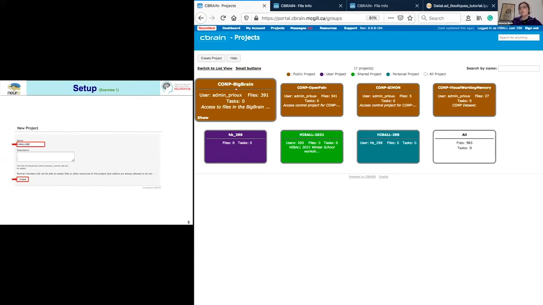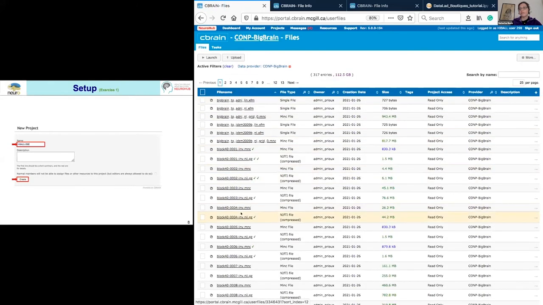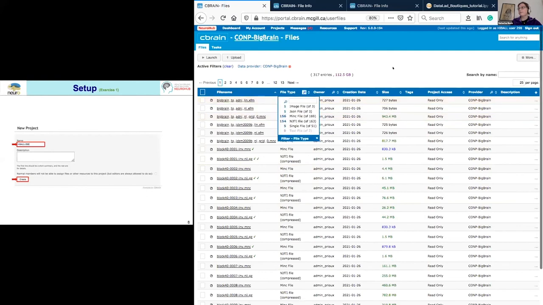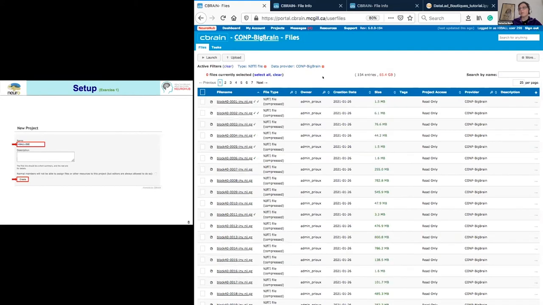So now I will go back to the CONP Big Brain project. As you can see, I have a bunch of files. First of all, you have all the Nifti files and all the Minc files. We will select the Nifti files because we will run FSL stats, so we need Nifti files as input.